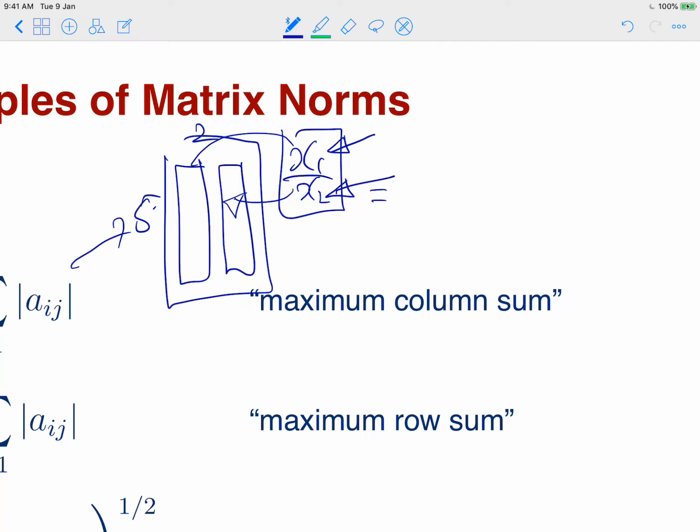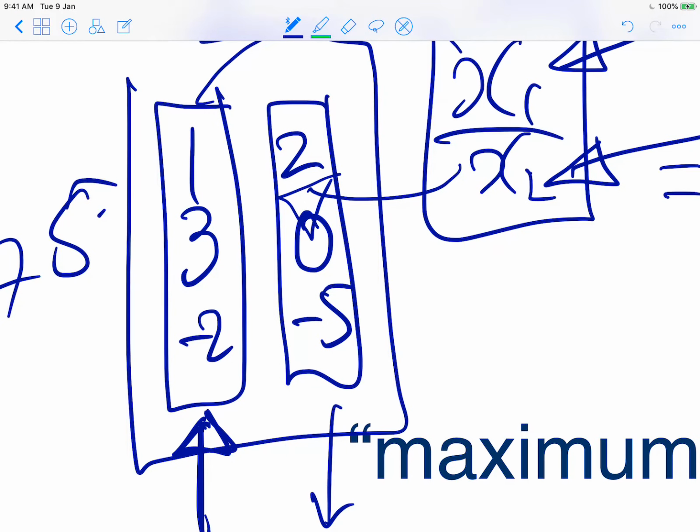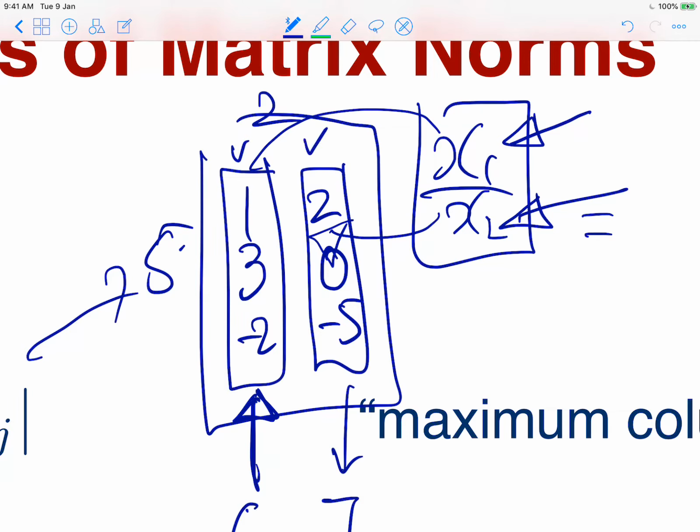Although I'm not going to give a rigorous proof, suppose the L1 norm of this vector. So for example, 1, 3, negative 2, and 2, 0, and negative 5. And then what is the L1 norm of this three-dimensional vector, the first column? It is 6, and this guy is 7, right? Because I'm talking about the L1 norm of each column in our matrix, so it's an absolute sum of these elements, right? And so we basically compute the linear combinations of these two,